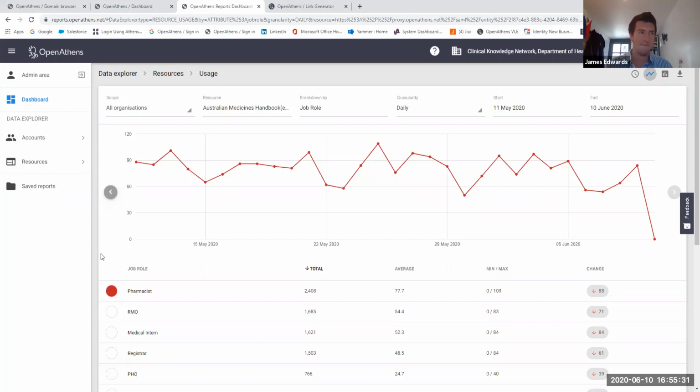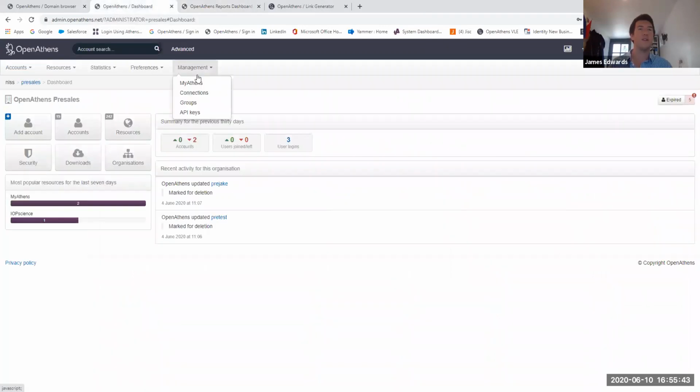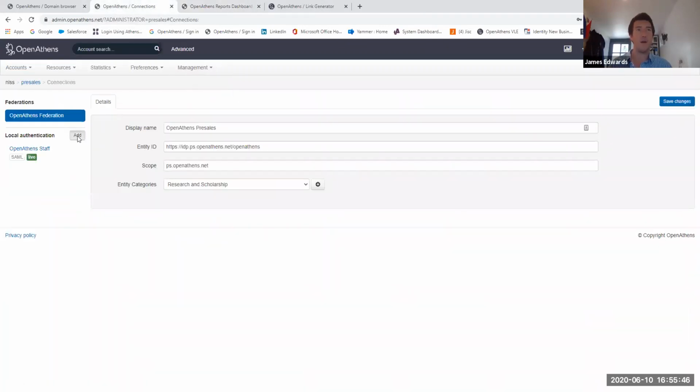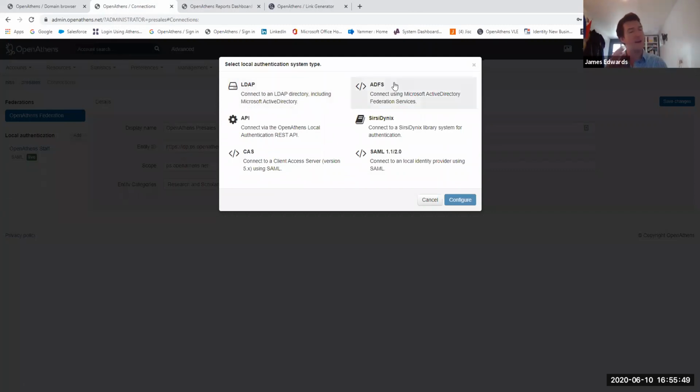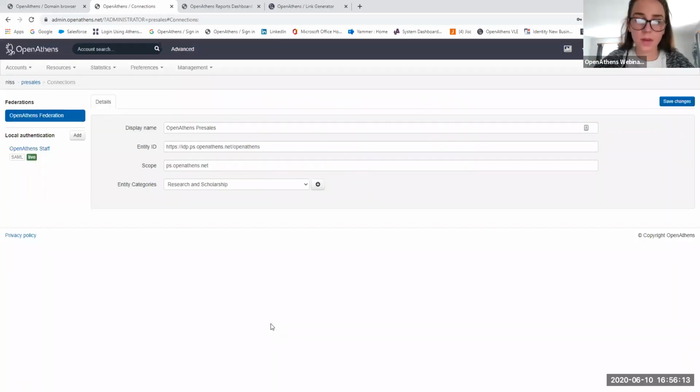And we have one more from Steve, who's just said, can you mix Athens accounts with LDAP/AD? Yes, so I can quickly show you that. We do offer LDAP, but if you're talking about having 2 connections and bringing that information together as one, we can't currently offer that. Maybe it's something we're hoping to develop down the line, but at the moment you would have to have either an LDAP connection or a connection to your AD. It's one or the other at that stage. Hopefully that's answered that one as well.